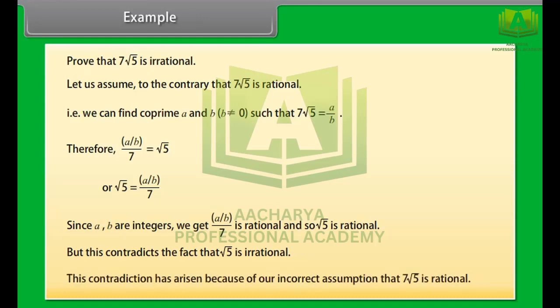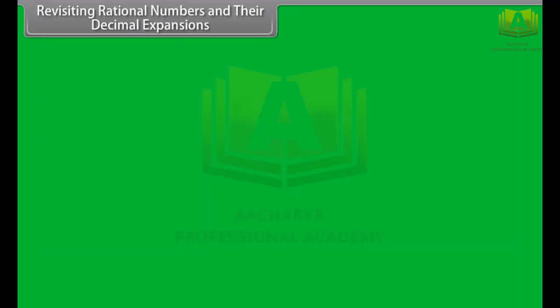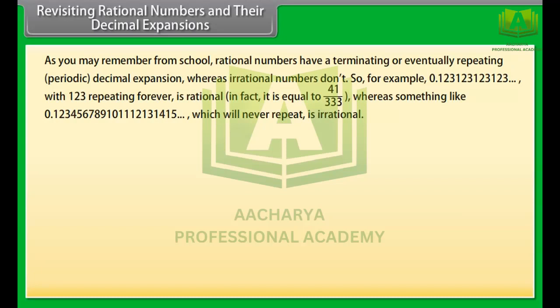This contradiction has arisen because of our incorrect assumption that 7 square root 5 is rational. Revisiting rational numbers and their decimal expansions. As you may remember from school, rational numbers have a terminating or eventually repeating periodic decimal expansion, whereas irrational numbers don't. So, for example,